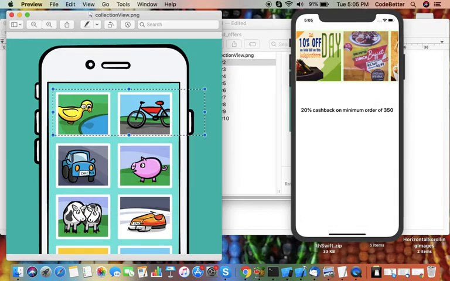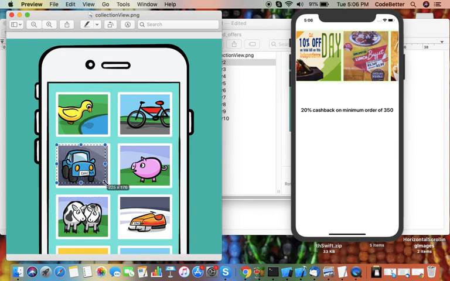Each item of a collection view is a cell. This is one cell, this is one cell, this is one cell. A cell is a user interface in itself. It can be very complex. A cell can contain text views, labels, buttons, images, anything. But since we want to display images only, we have one image in the cell.